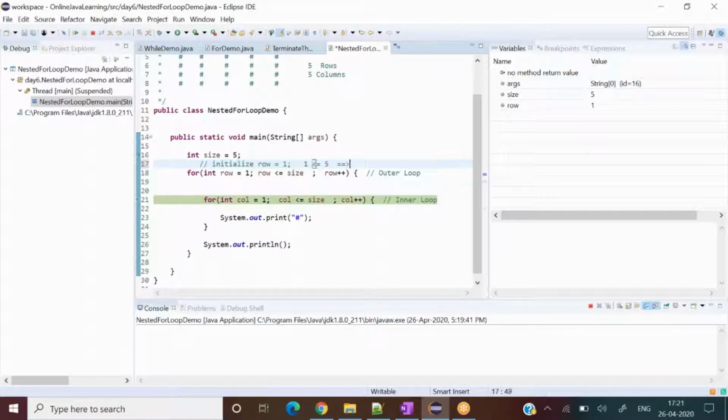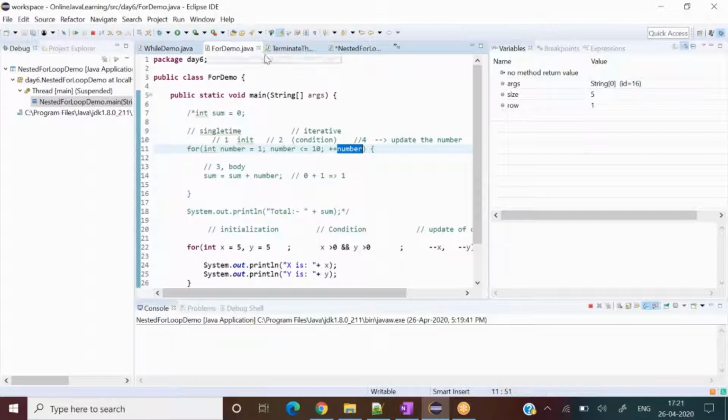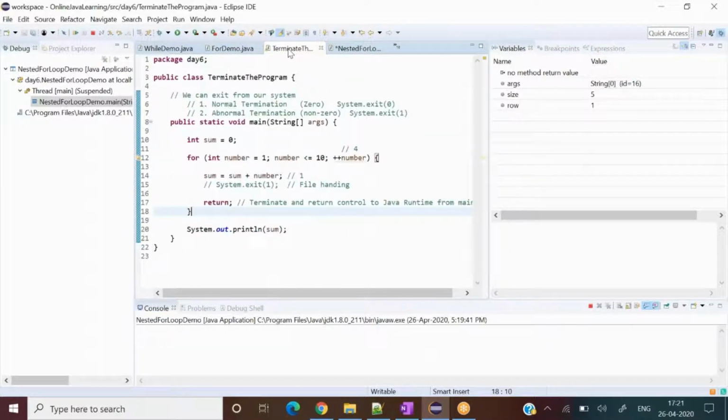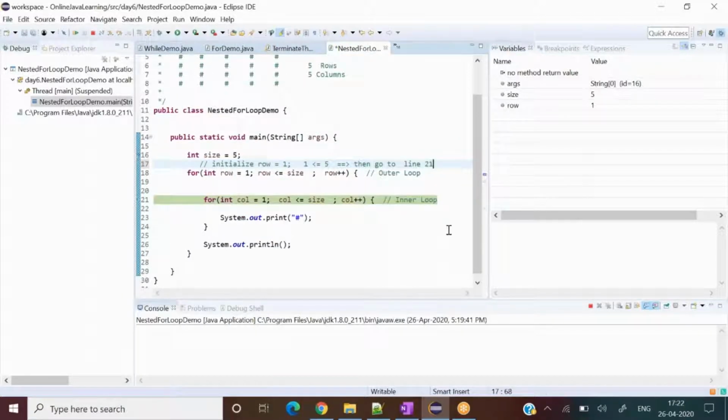After checking the condition, it goes to the nested for loop. That's how the for loop works. Even take a simple for loop that we have discussed so far. Let me show you the simple for loop. Initialization executes first, then the condition, then the body comes, then the increment over here. So first pass, second pass, then it will come to the third pass. But over here we don't have a second for loop. In this example, we have two for loops.